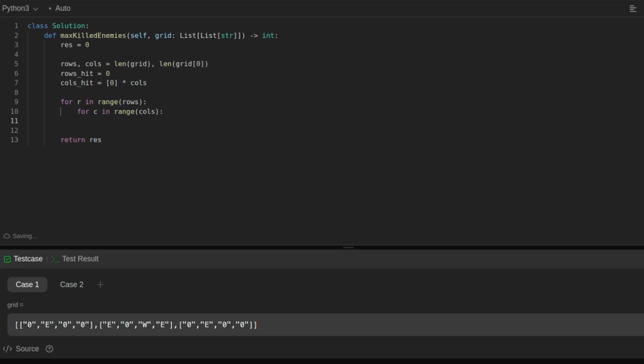What we did was, we saw that if column was 0 or the grid of the same row and one previous column was a wall,